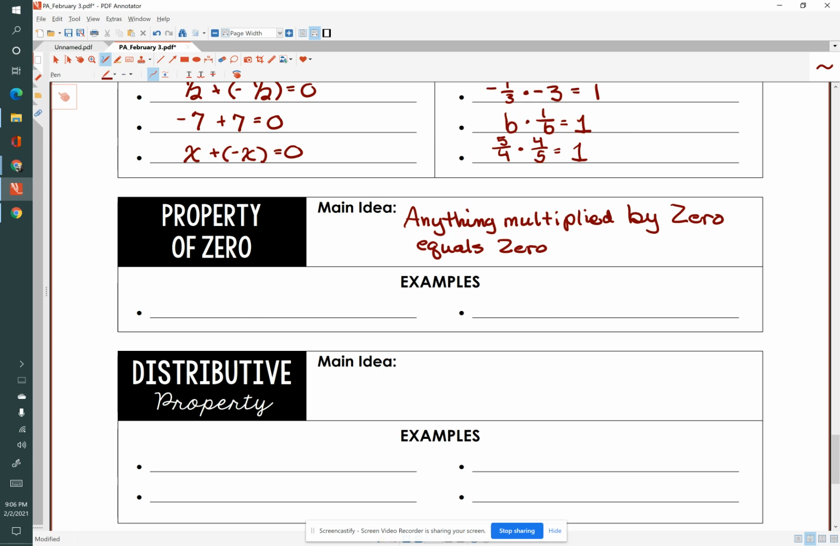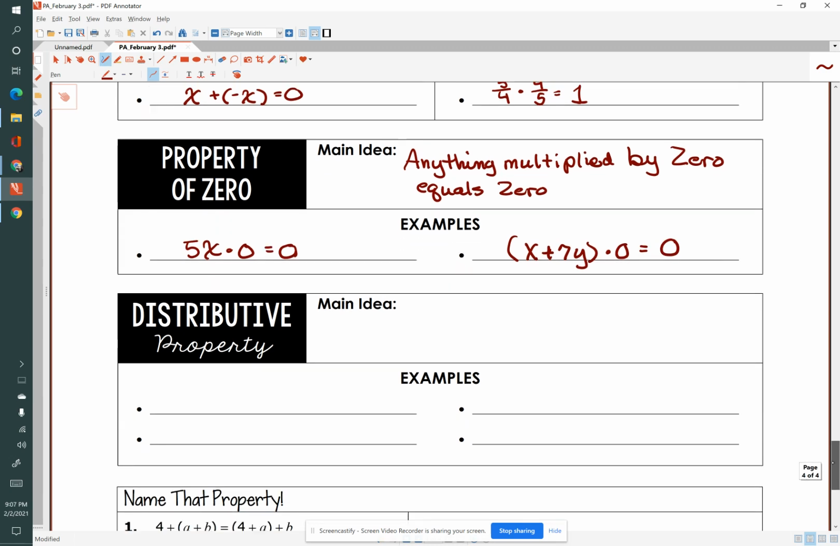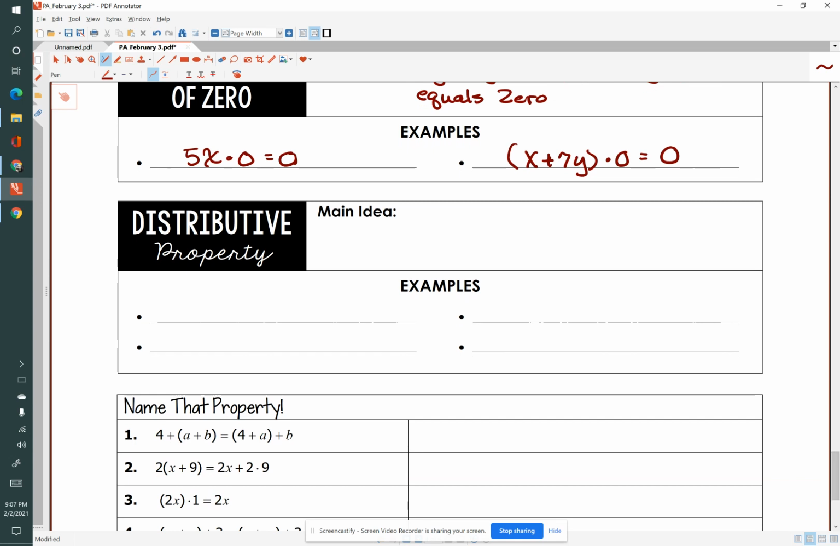So we could say that 5x times 0 equals 0. We multiply anything by 0, there's nothing left. It even works with a quantity. If we have x plus, let's say 7y, and we multiply that by 0, we'll just get 0. And now the distributive property, which is one you'll also be using a lot, tells us that multiplying a value